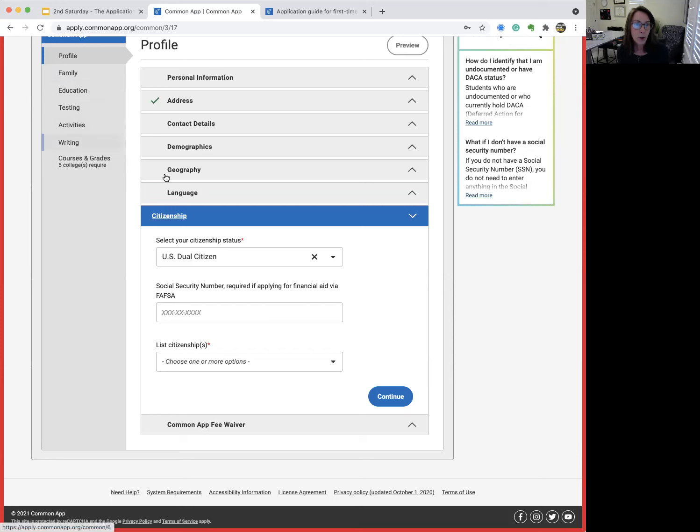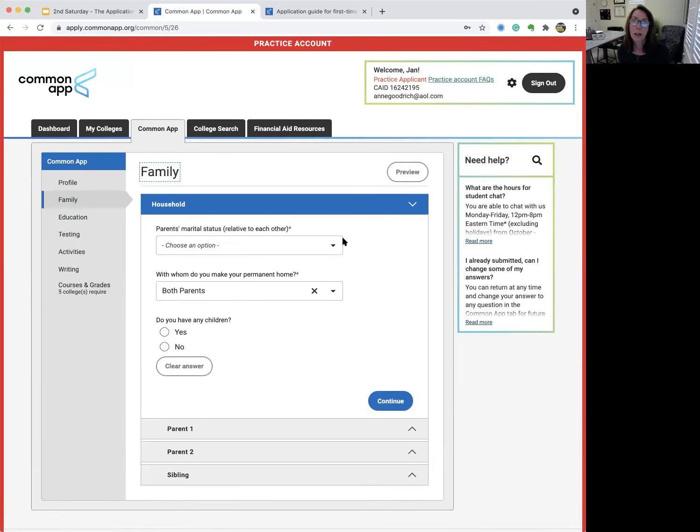By the way, notice that on some questions there is a red asterisk, but not all of them. So think carefully before you answer every single question that's there. Make sure it's something that you feel like they ought to know, because the Common Application serves two purposes. The first is to apply to colleges. The second is to gather student information, whether it's for further solicitations or to feed back to the Common App folks